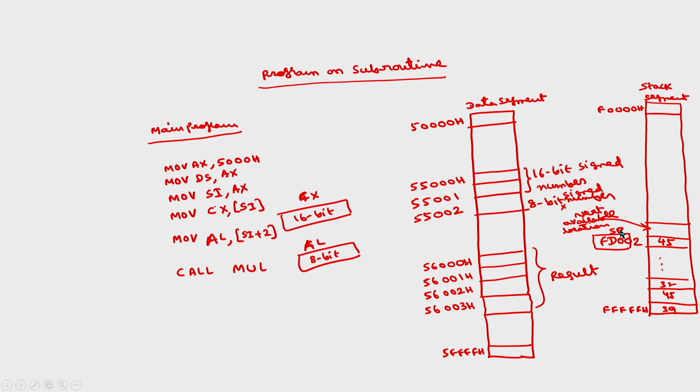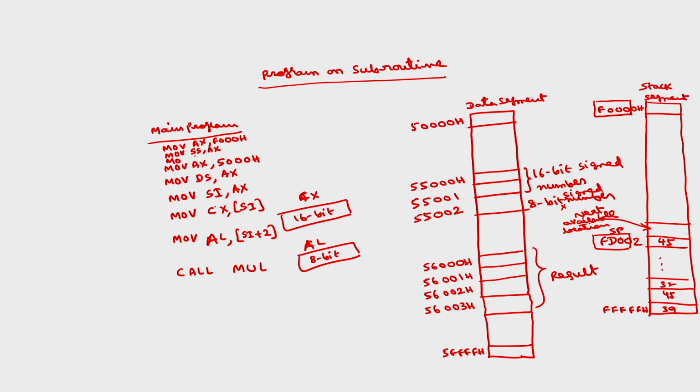So with this assumption, what you have to do is initialize the stack segment register with F000, the upper 16 bits of the starting of that particular segment. So for that, again the same thing. So move AX comma, the starting address F000, then move on to stack segment register comma AX, because you cannot take directly any address onto segment registers. Then you have to initialize the stack pointer with FD00. Stack pointer you can take the direct address.